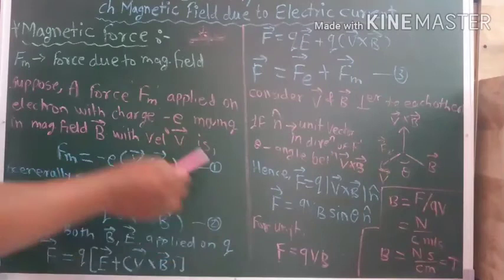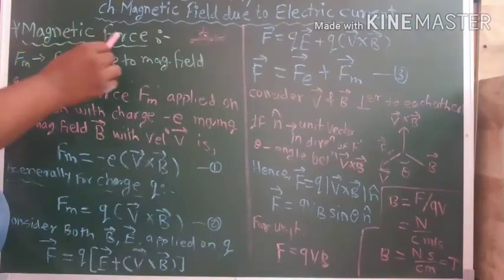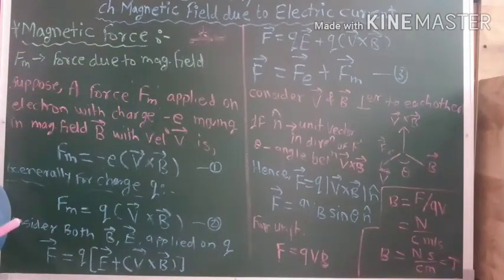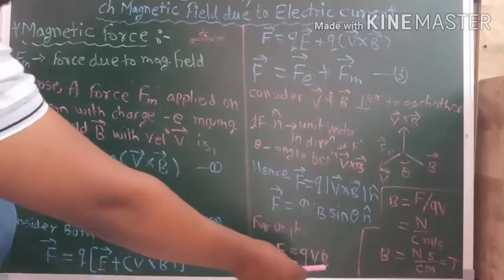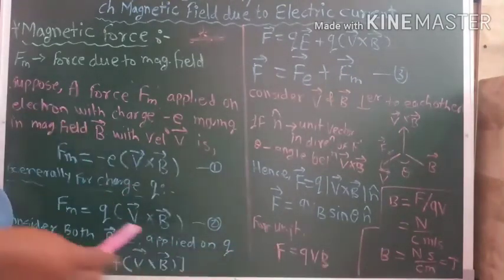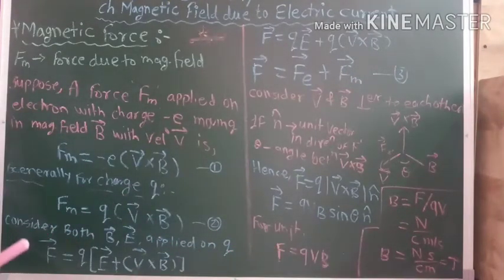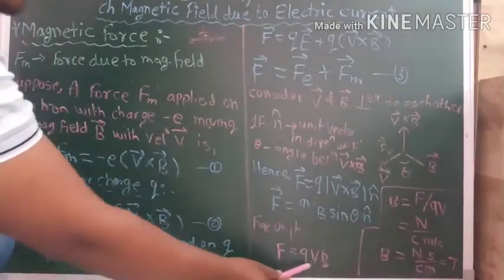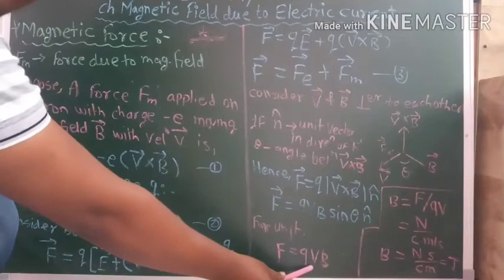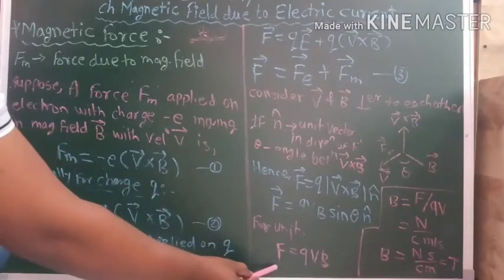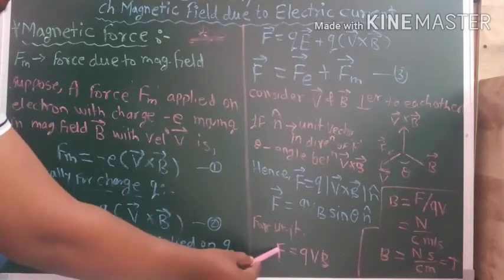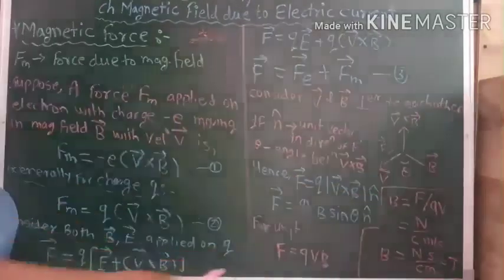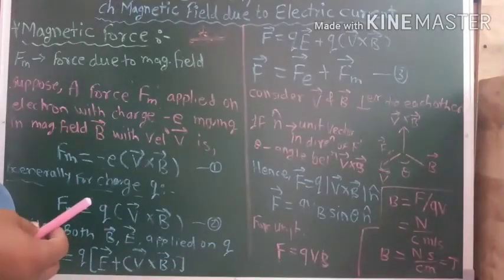Then we determine the unit of the magnetic force or magnetic field also. B is the magnetic field. Therefore, from this equation, we write the equation of B. B is equal to this qv multiplied, it goes to the other side to the F, then it is divided to the F. Therefore, we write B is equal to F upon qv.